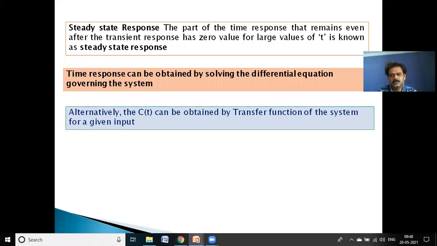Output is equal to input multiplied with the transfer function. So directly by taking the inverse Laplace transform,